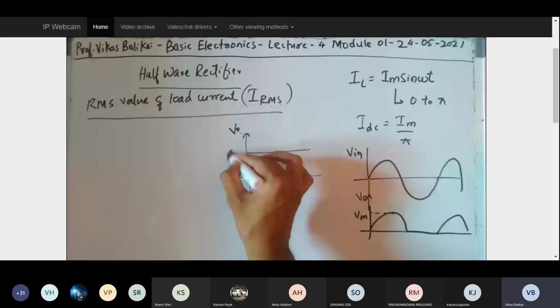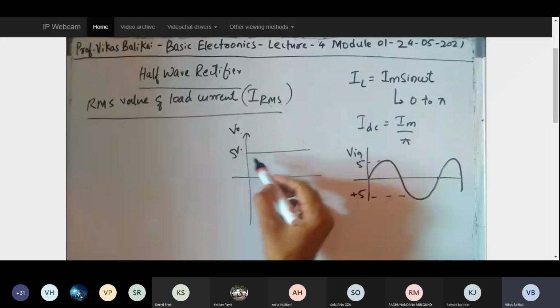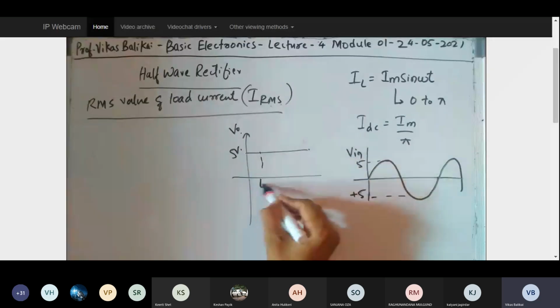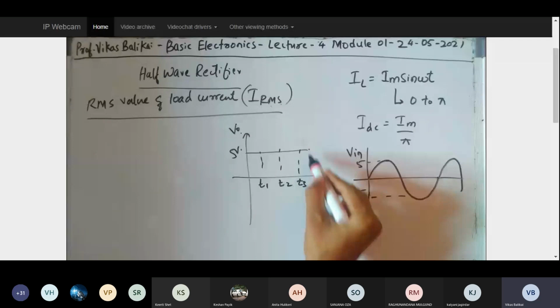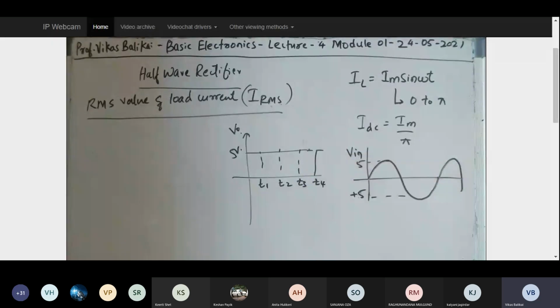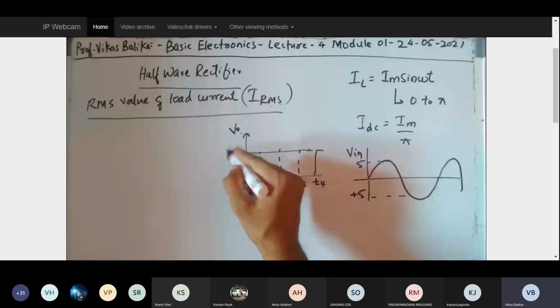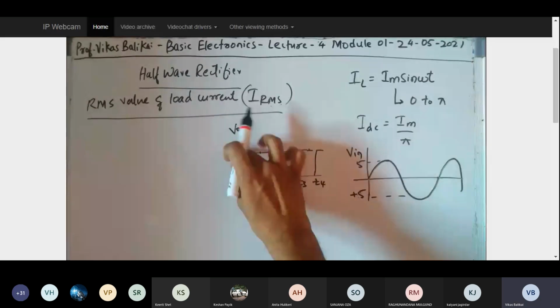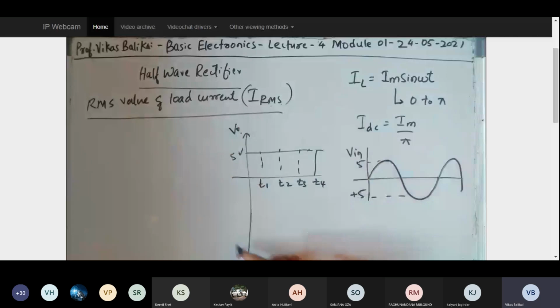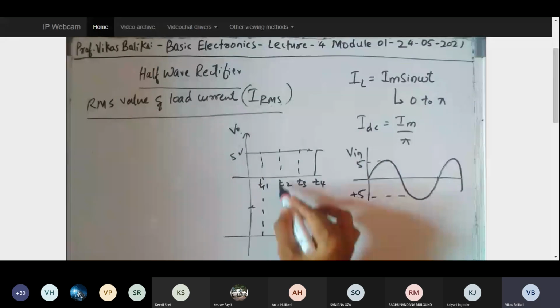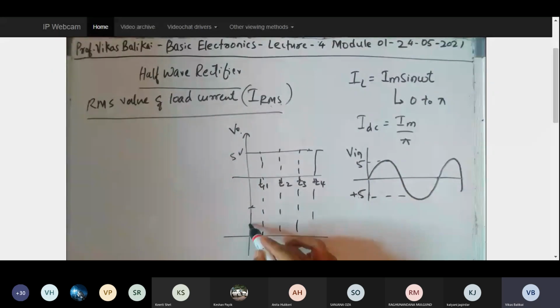This is at time t1, t2, t3, t4. So at different instances of time, my voltage is constantly maintained at 5 volts. Or if I consider it this way, at times t1, t2, t3, t4, my current is varying something like this: